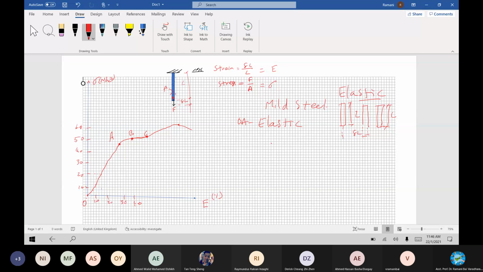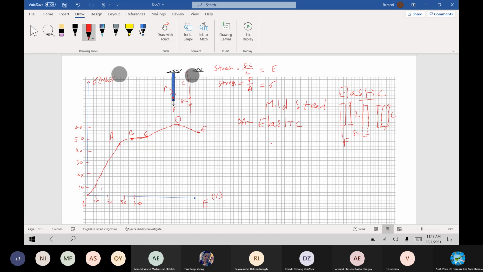Okay, let's analyze these points, how they are behaving and why it is so. This is point D. I make it as a point D. One moment. This is point D and this is point E. I repeat once again, the process of loading will yield different behavior of the member, points A, point B, point C, point D and E. Today we are going to understand these points produced by the application of load F, right?